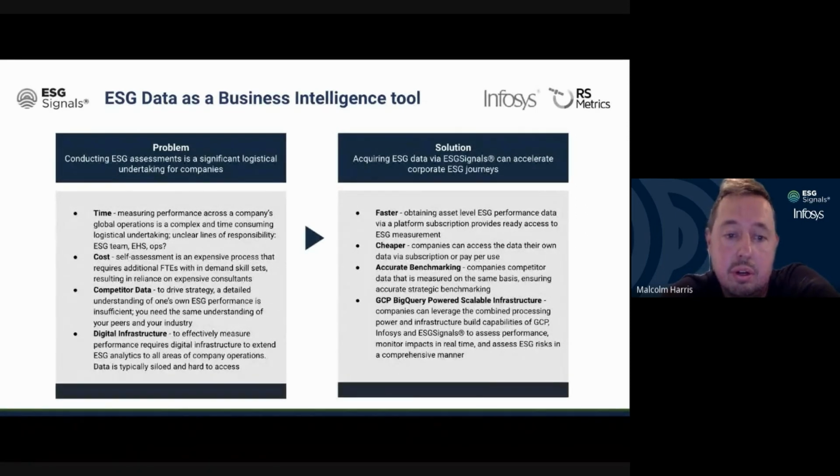But it's one of those things where you have to do something, but you don't know how, right? The way you can think about what we're offering is a way to enable this for the C-suite, and more importantly, throughout the organization. So you have a global company, and it's a process to measure this stuff. Maybe you want to assess your physical risk. You have operations in 25 countries, 200 locations. How are you going to do it? You're going to ask each of them to conduct a risk assessment, hire consultants. That's costly and not time effective.